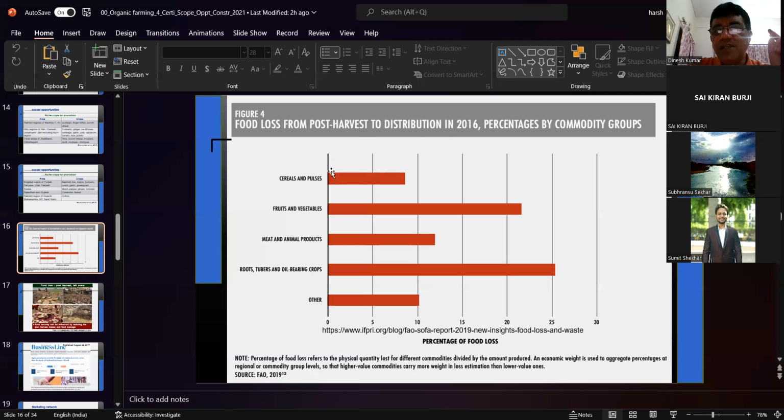You can take at least 10% of the agricultural products as lost by post-harvest losses, and they can be minimized, they can be reduced. Instead of producing more and more, we should at the same time try to conserve it. A penny saved is a penny earned. If you have saved 1 rupee, it means you have earned 1 rupee.